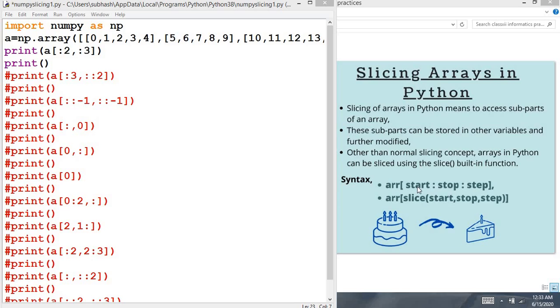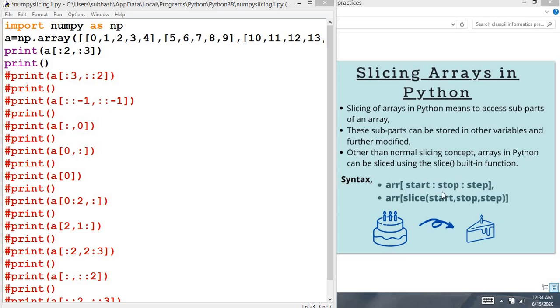Whatever value you give in start represents the index. The slice starts from the index you are giving. Suppose if you are giving 1, then it starts from index 1.